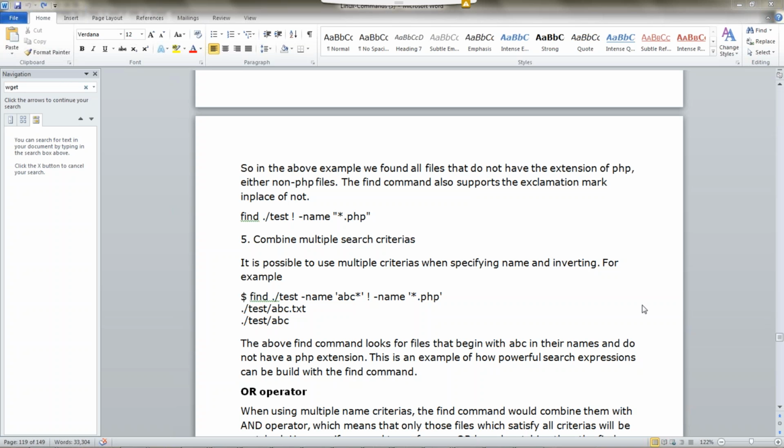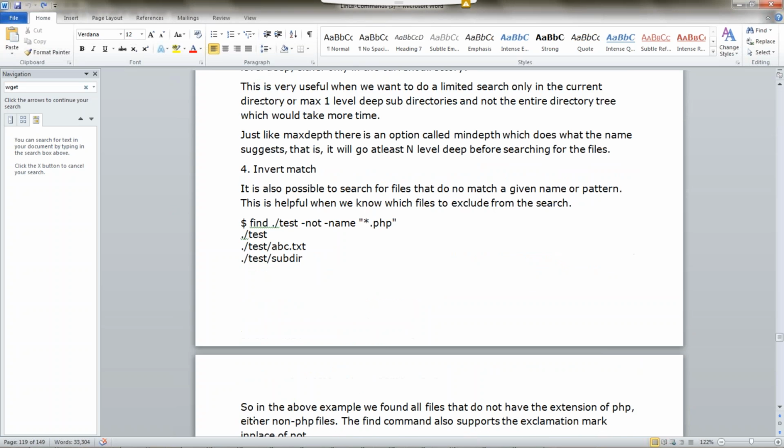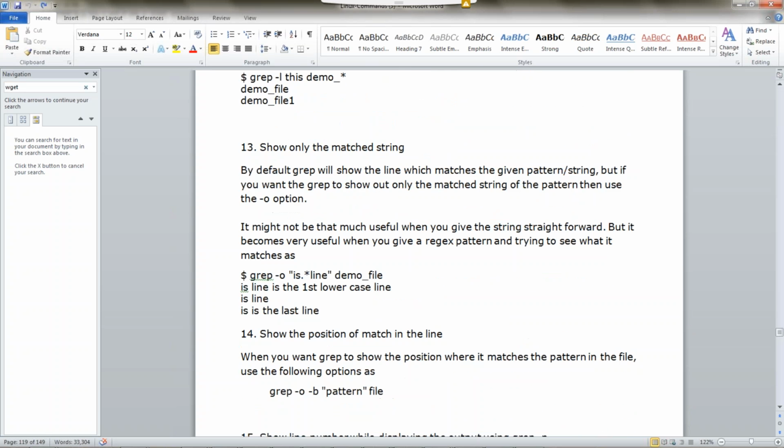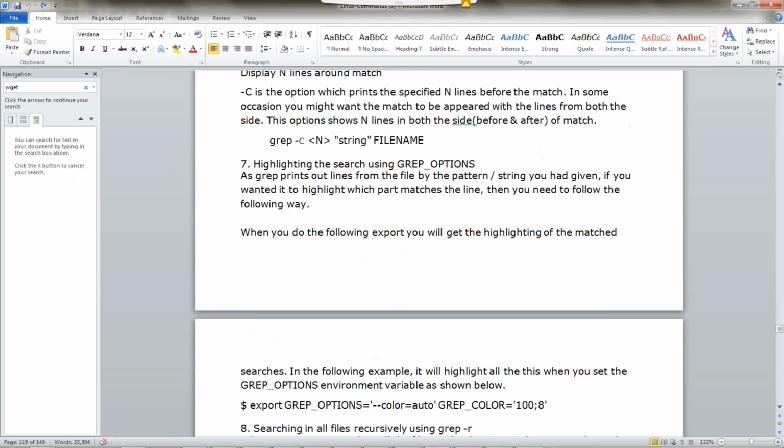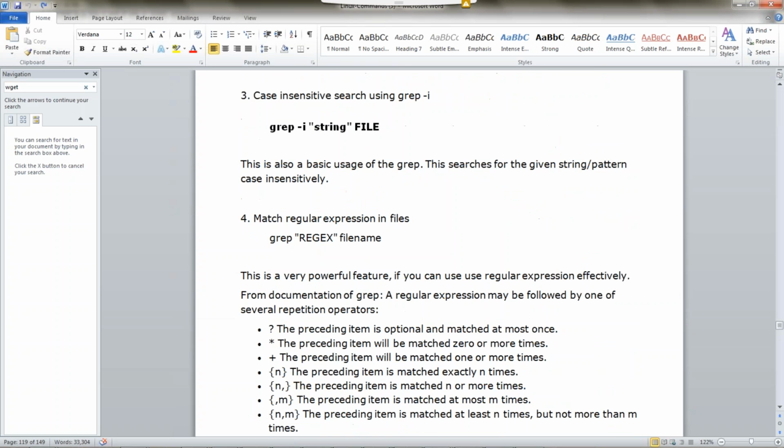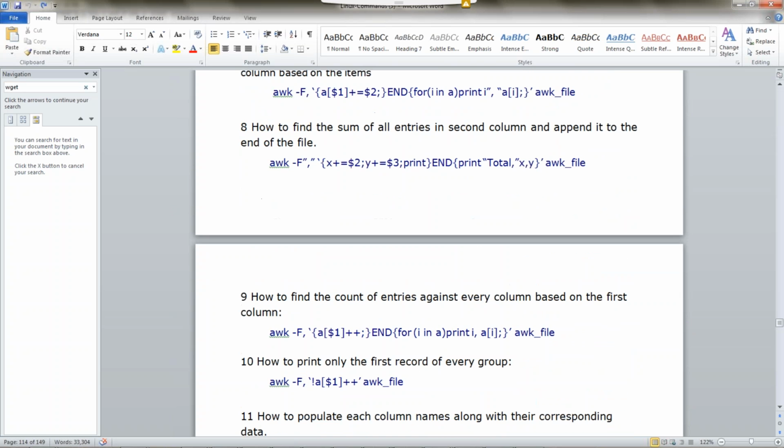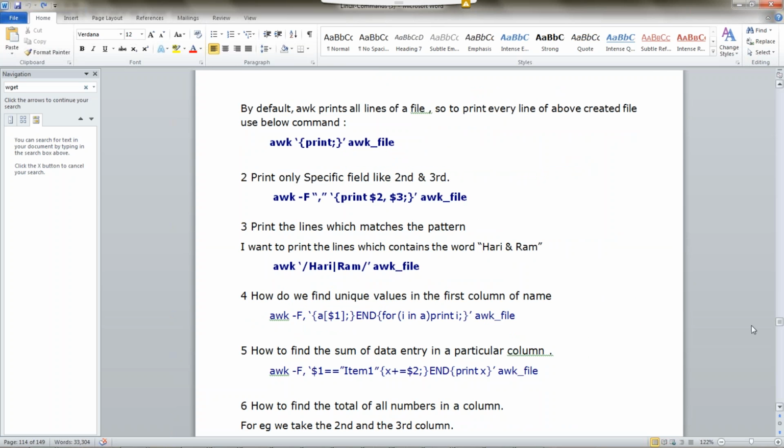Okay, so let's do a couple of things. This text editing in tomorrow's class. I'll give you sed command exercises also. So let's